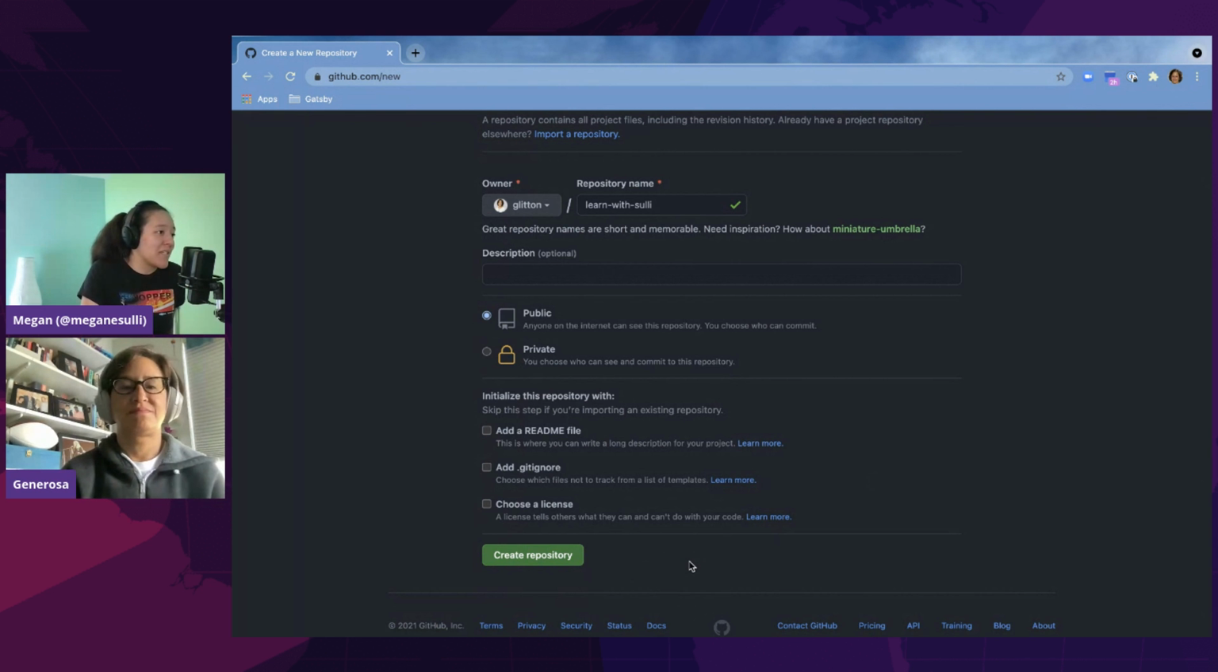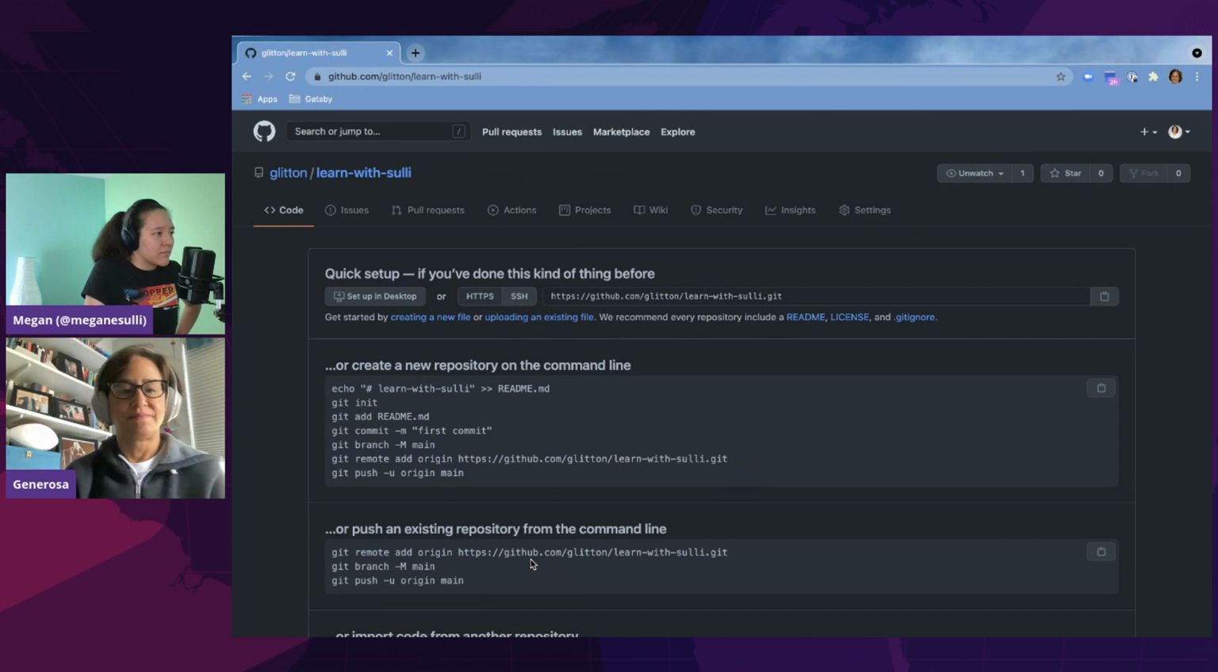So if you want people to see it, we would love to see what you're working on. And then you don't need to check any of these other boxes. Okay, cool. So now you've got this new empty repository on GitHub. And because we already have an existing repository on our computer, you're going to copy